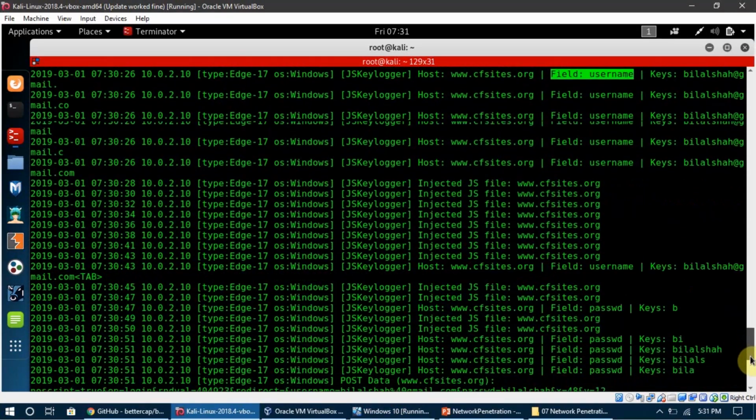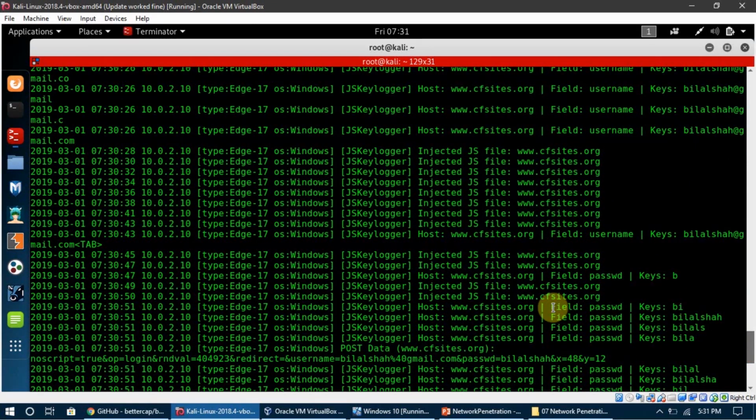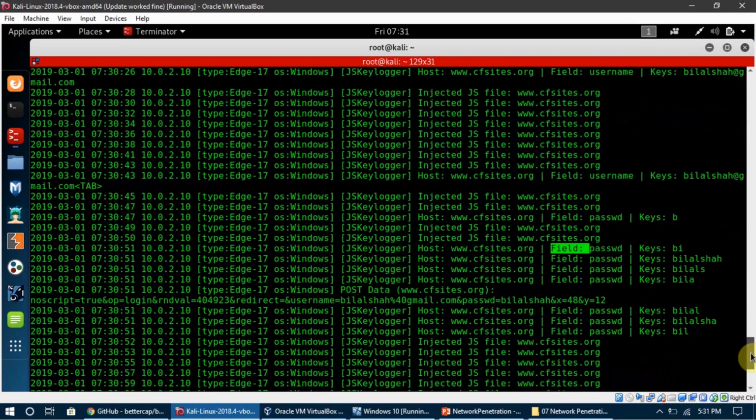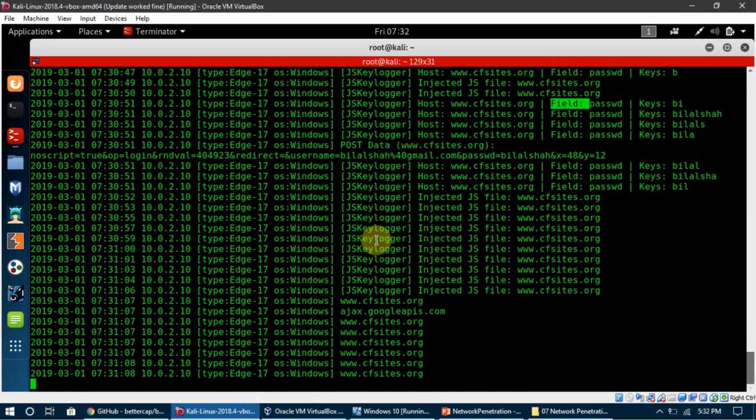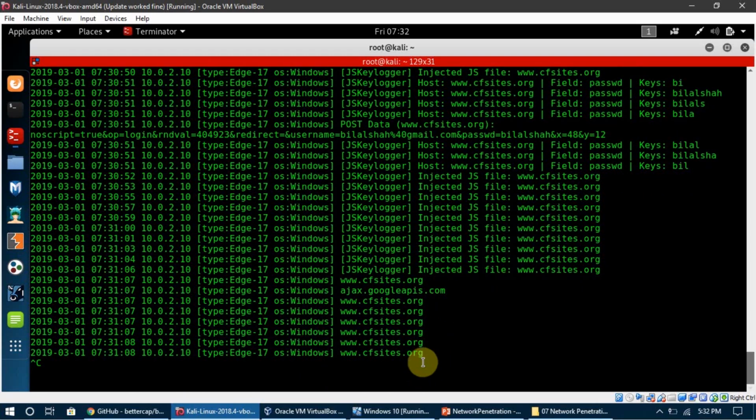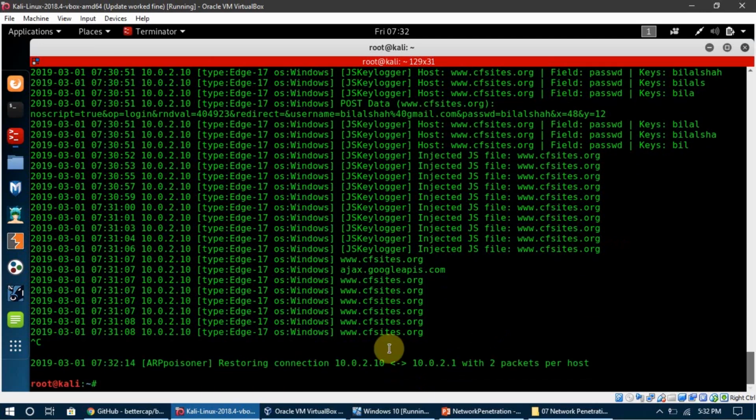Then here you can see that in the password field I actually typed Bilal Shah, and it has been capturing all the keystrokes I was writing. So the JavaScript keylogger is actually working for us, and we successfully managed to capture the things our target was typing. So I'm going to stop it for now, and now I'm going to show you how we can actually